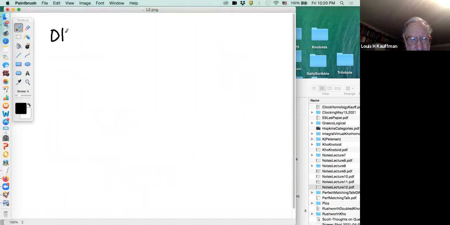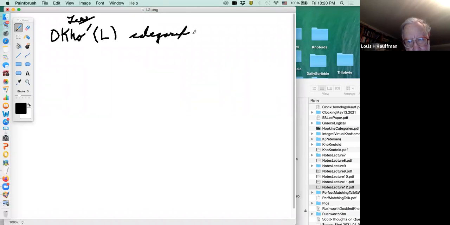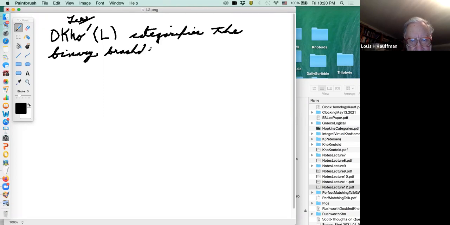The doubled Khovanov prime of a link L categorifies, this is the Lie, categorifies the binary bracket. That's a statement that you might want to try unfolding in detail, but you can see the outline of that quite clearly,